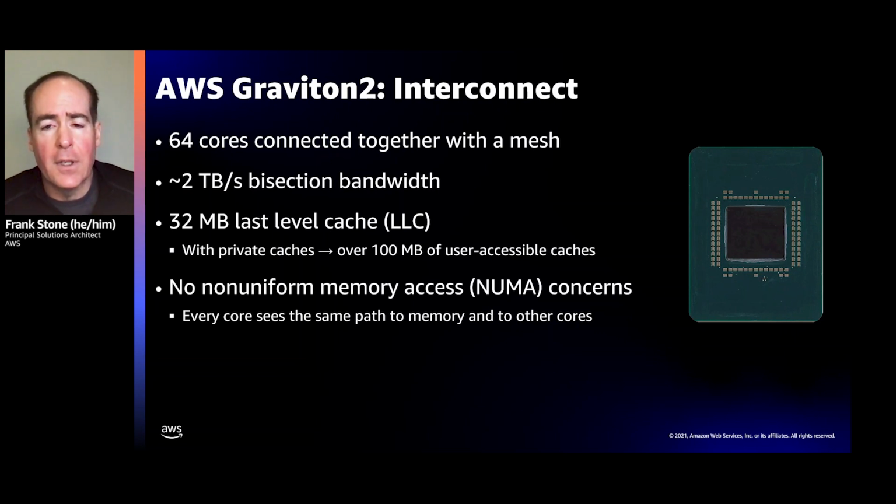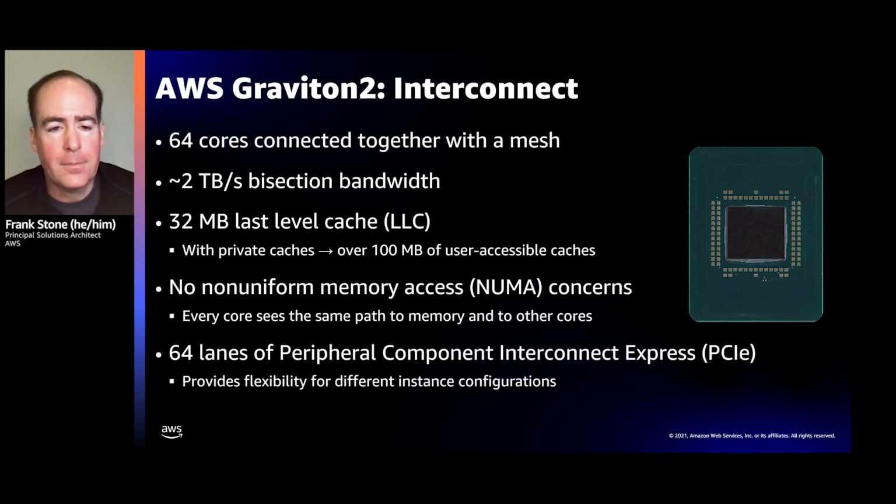Another benefit is unlike most x86 processors, because of the connectivity that we have and having so much of the capability on board on the processor, we don't need to support non-uniform memory access or NUMA. And what that means is that many of the applications which are not NUMA optimized see significant performance benefits when they move to Graviton. And another aspect of the Graviton is that it supports 4th generation PCIe, which powers our connectivity locally to things like the SSD storage that we have in our D variants of our EC2 instances for Graviton.